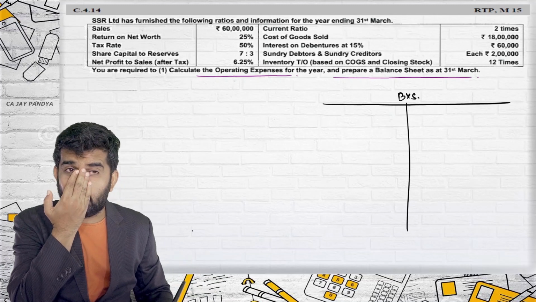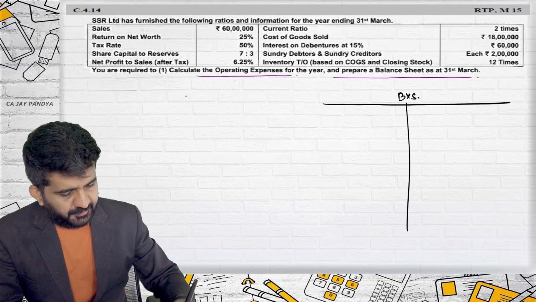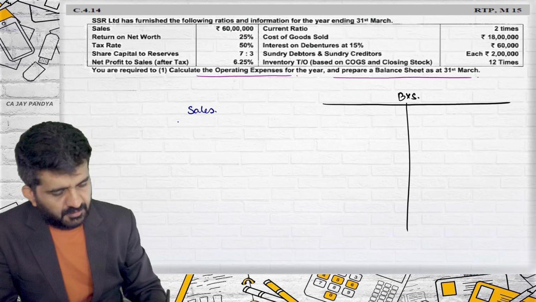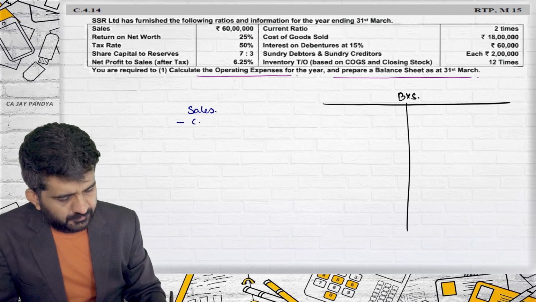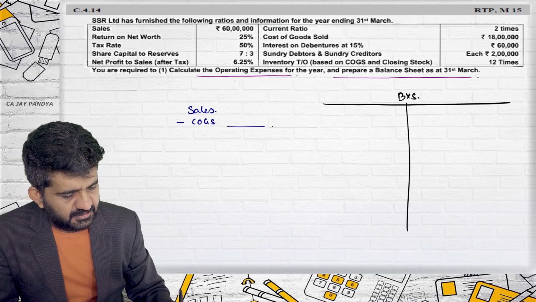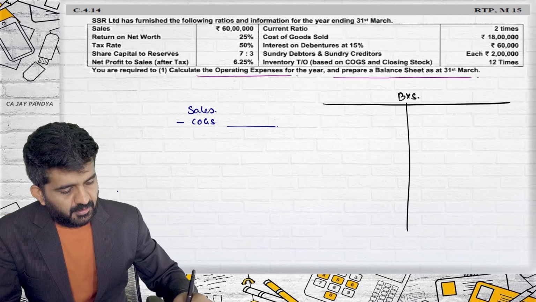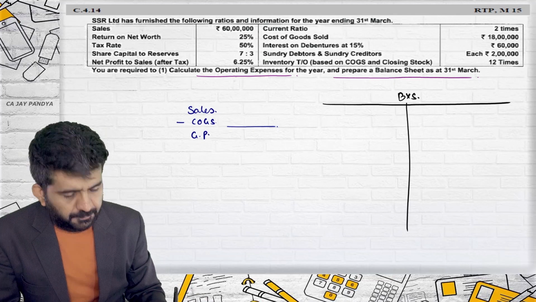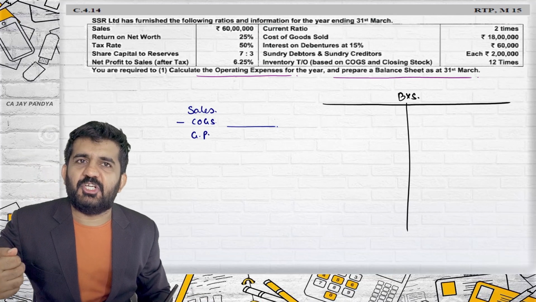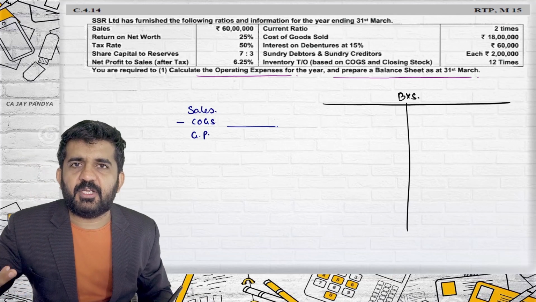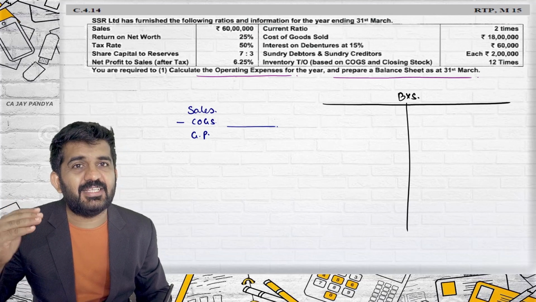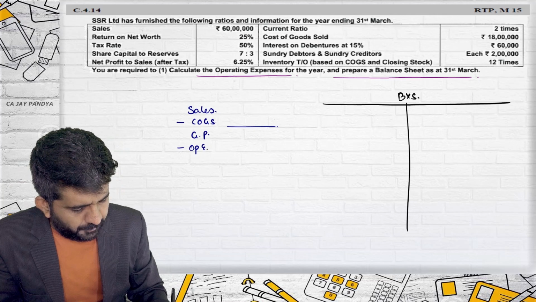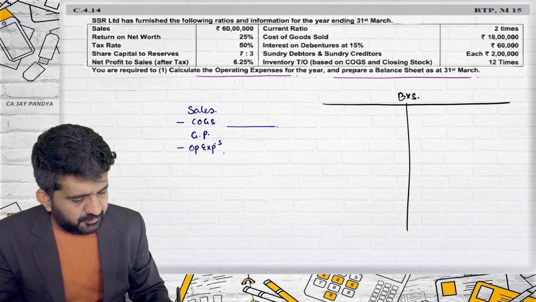How will we be finding out operating expense? Try to concentrate. If I do sales minus COGS, I will be getting GP. Say I am drawing the trading and profit and loss account, just in a straight manner. GP minus operating expense, which is the figure asked in the question,